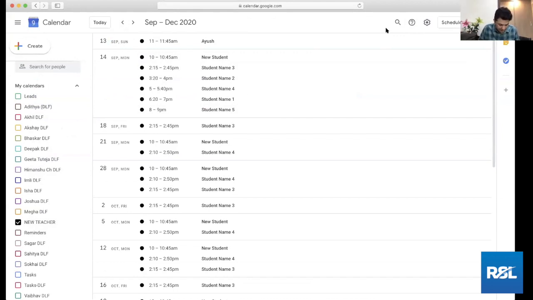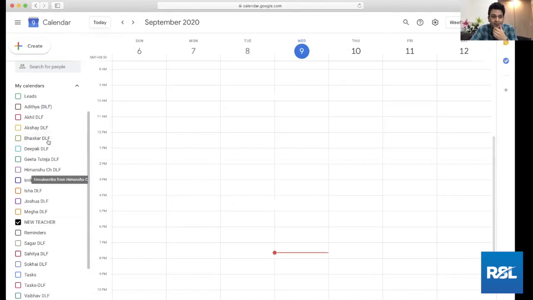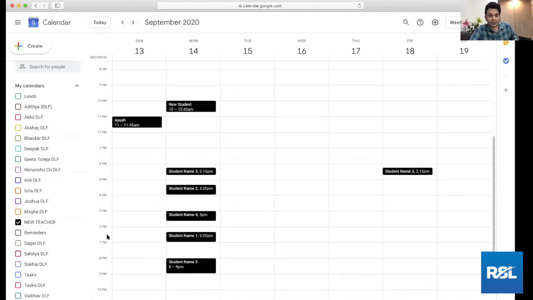Sharing and permissions. Let me see reschedules. Yeah, yes, that is coming up. Next thing is, how do you share a calendar? And there are multiple permissions that you can give for sharing a calendar, right? So let me go to the weekly view and you can see the calendar. This calendar is starting on the 14th, so you can see this.